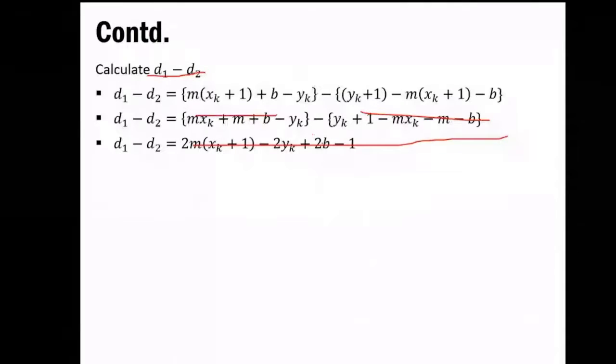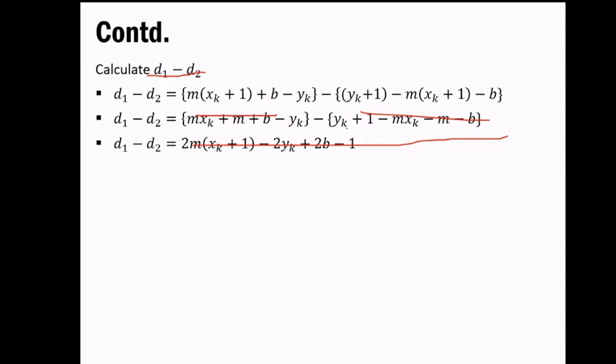See, because of the minus sign, the signs inside the bracket will also change, and then we will be getting yk minus 1 plus mxk. If we are getting mxk two times, then we have to add both, that is 2mxk. Again we would be getting a different sign over here, that is 2m in our case. Then we have plus b over here because the sign gets changed because of the outer sign. So we will be having 2b, and a similar simplification needs to be done.